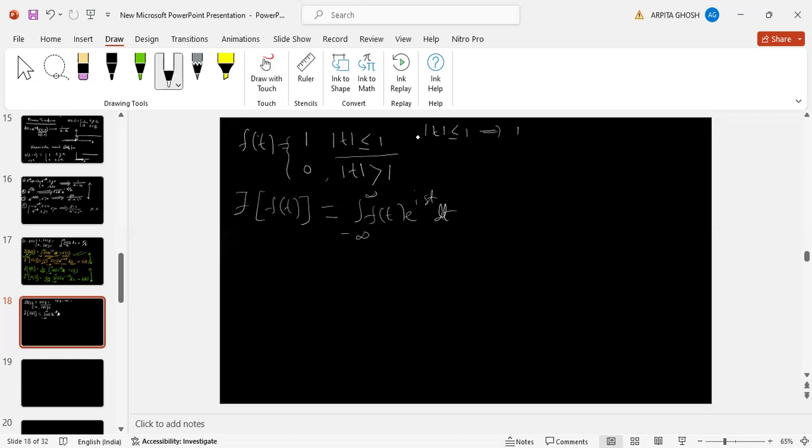Suppose t is positive. If t is positive, then we don't have any problem. Just see, t positive means t ≤ 1, the functional value is 1. Now suppose t is negative. T negative means t is having a negative value. So |t| ≤ 1. T is having a negative value. |t| ≤ 1 means what? If we consider negative values, in that case, that means t should be